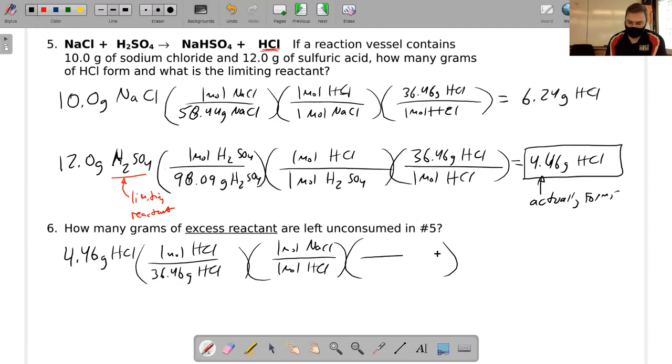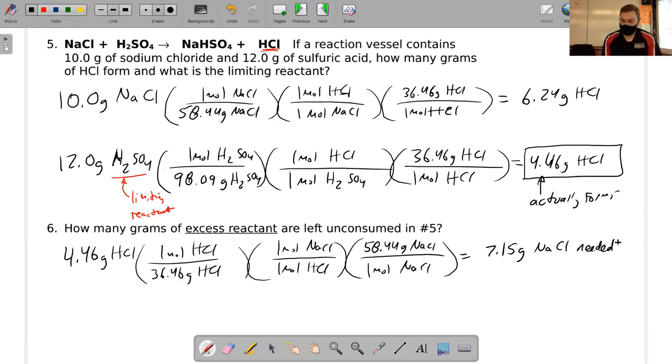And then every 1 mole NaCl has a mass of 58.44 grams. 7.15 grams. So this is the mass of NaCl that's needed